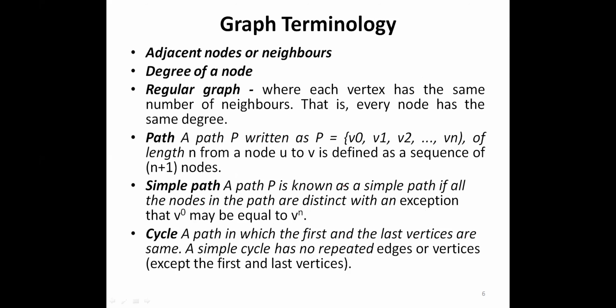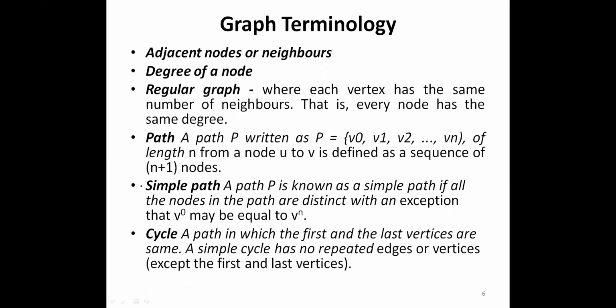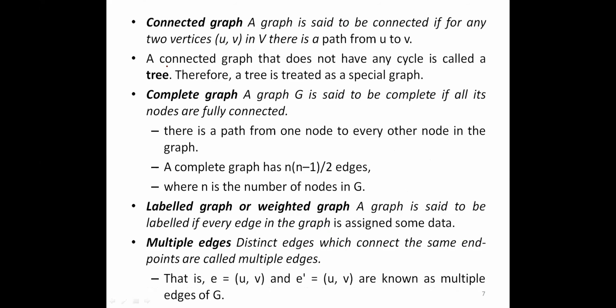So you can take this example. We can say A to C, or B to A is not possible. When I want to reach A to C, I can go from A to B, A to D, E and C. So if you take any node, I can reach that node. There will be some connection, at least one path will be there. That's what a connected graph is. So all the nodes will be connected.